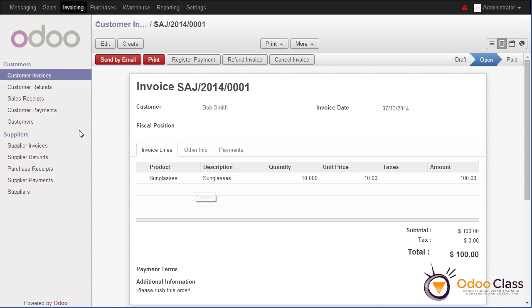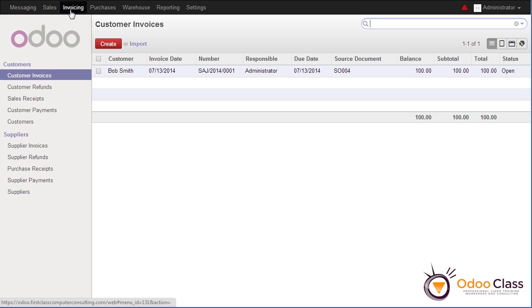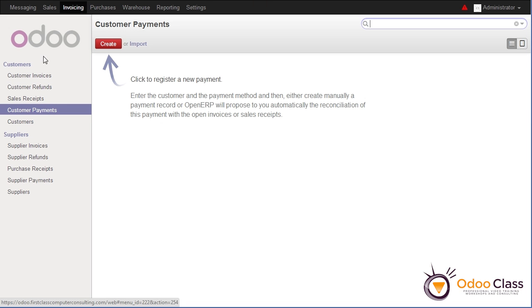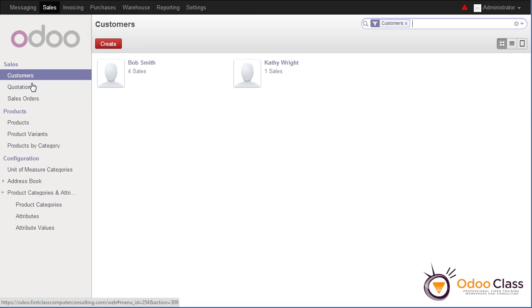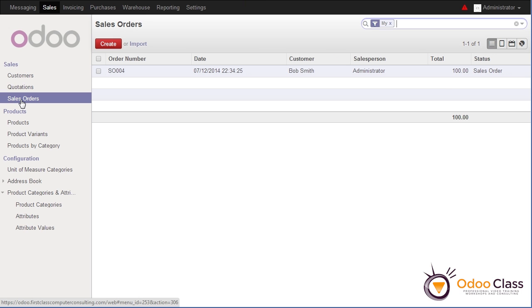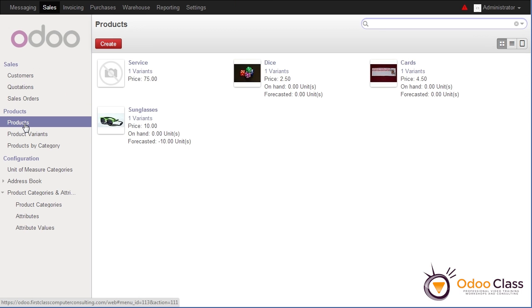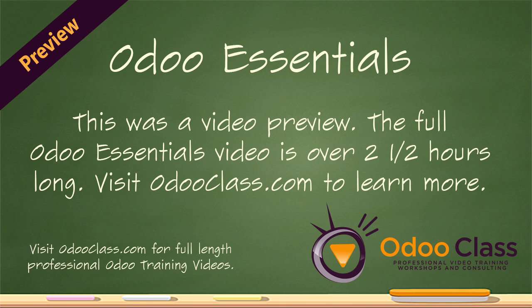And to this point, I think we can understand that if you want to see what's going on with invoicing, you can click on invoicing and see your customer invoices. Obviously, we'll have ways to pay them in the customer payments, and you understand hopefully the basics of entering customers, entering sales orders, and entering products. So now let's install the accounting and finance module so we can get a little bit more control over our Odoo installation. So let's click on settings,